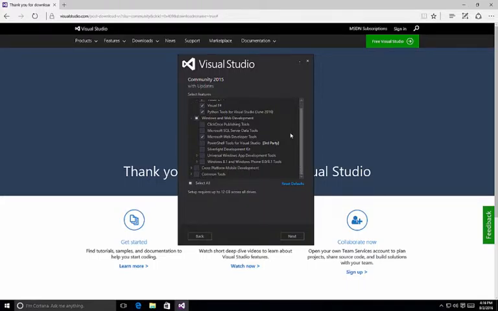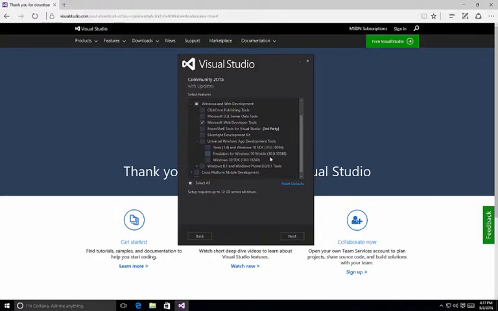Also under Windows and Web Development, we can choose various options here for things such as the Quick Once Publishing tools, SQL Server Data tools, PowerShell tools for Visual Studio, Silverlight Development, etc. Here's a very important component. If you want to develop universal Windows applications, we need to ensure that we have the tools, the emulators, and